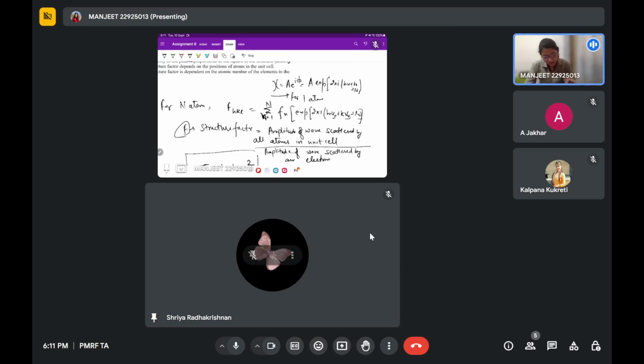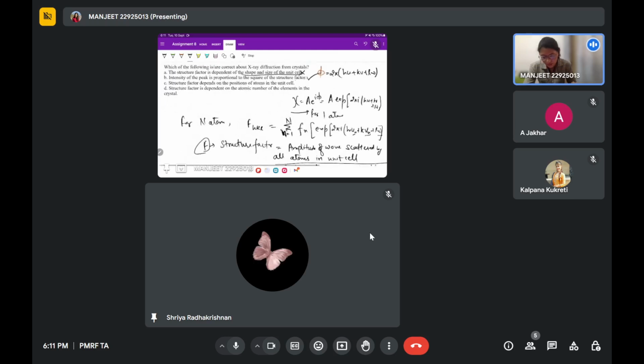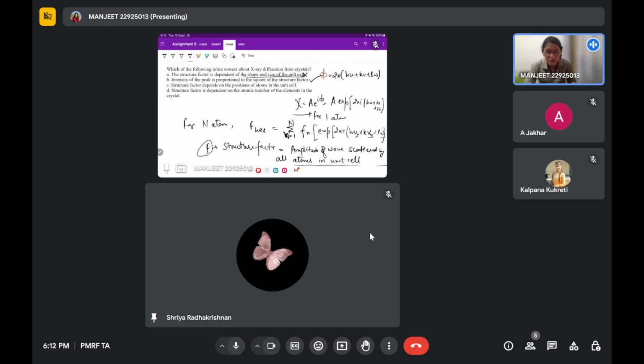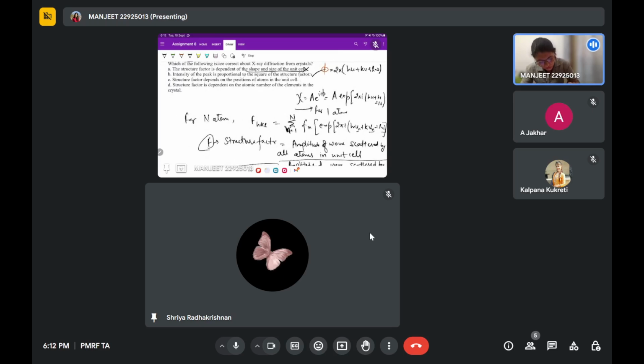So this structure factor also depends upon the position of the atom in the unit cell, so C is also the right answer. In the D part, the structure factor is dependent upon the atomic number of the element in the unit cell. Yes, that also depends on the atomic number, because it defines the number of atoms that are present,